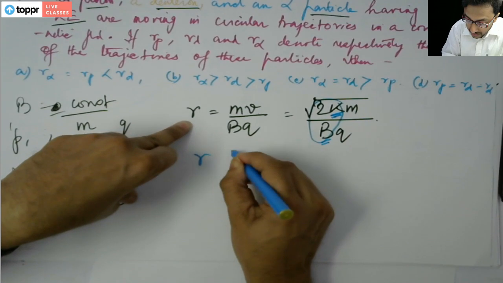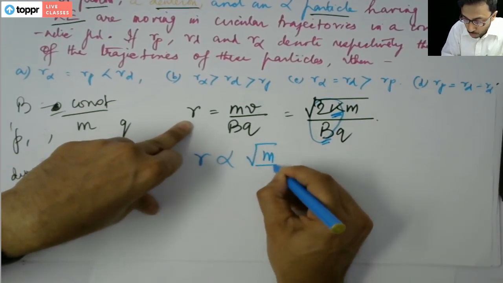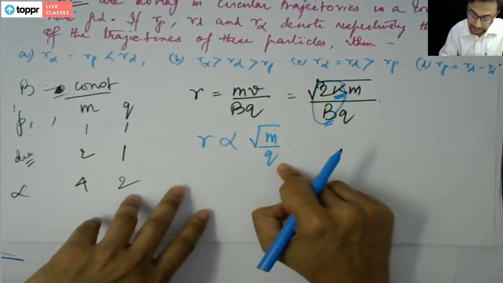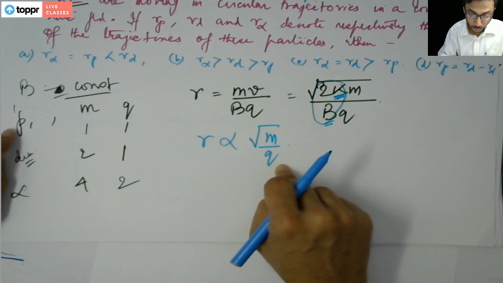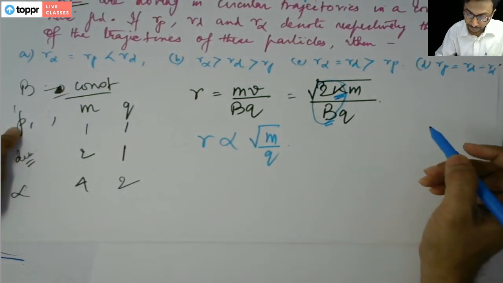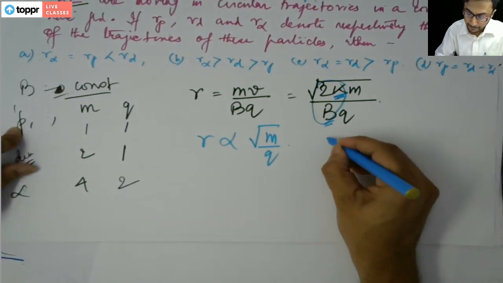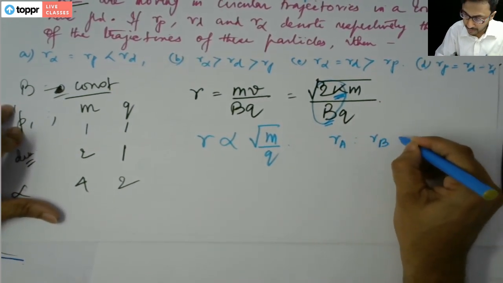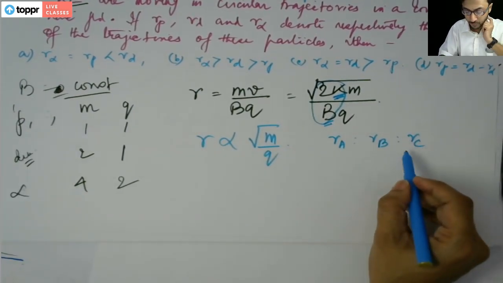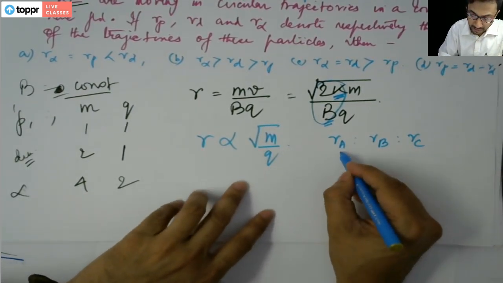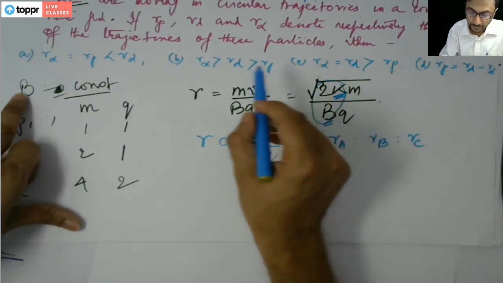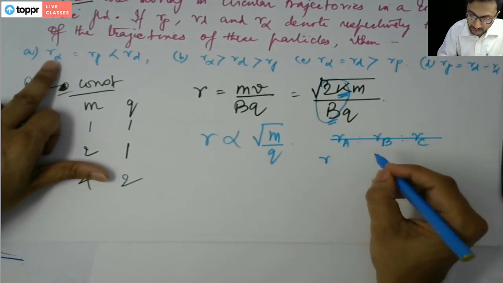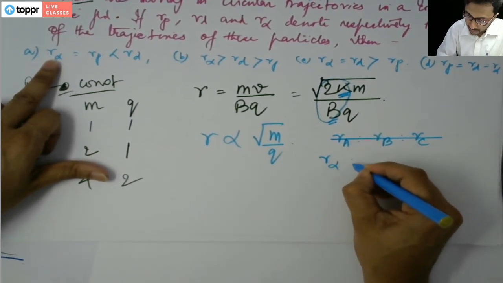So R is proportional to root M by Q, isn't it? So we can say R is proportional to root M by Q. Now what will happen? Say RA is to RB is to RC. Let us say like this: R alpha is to